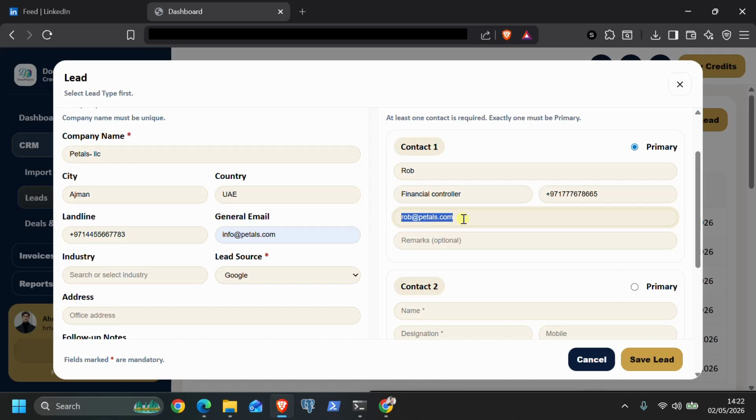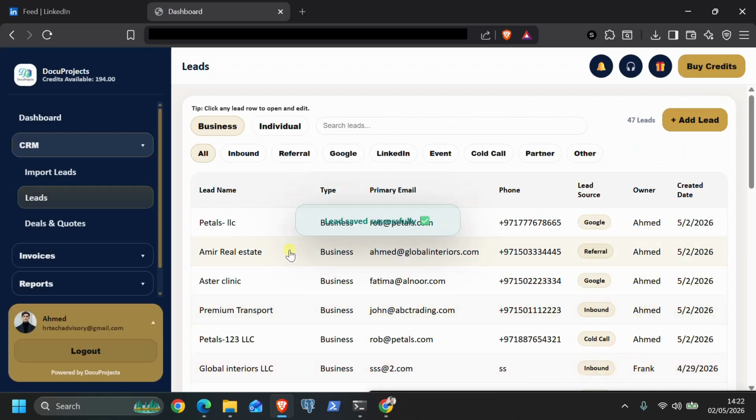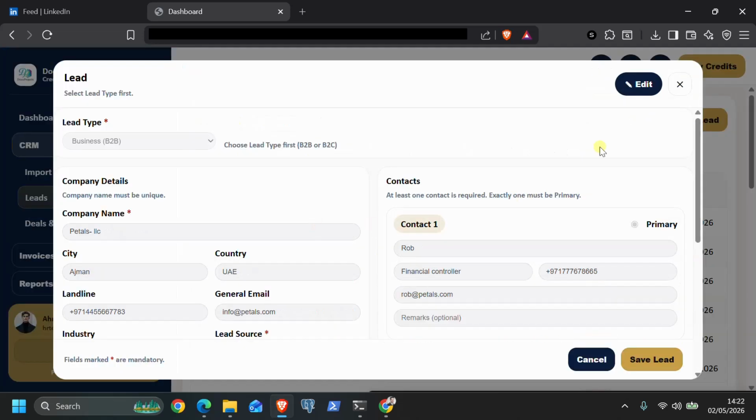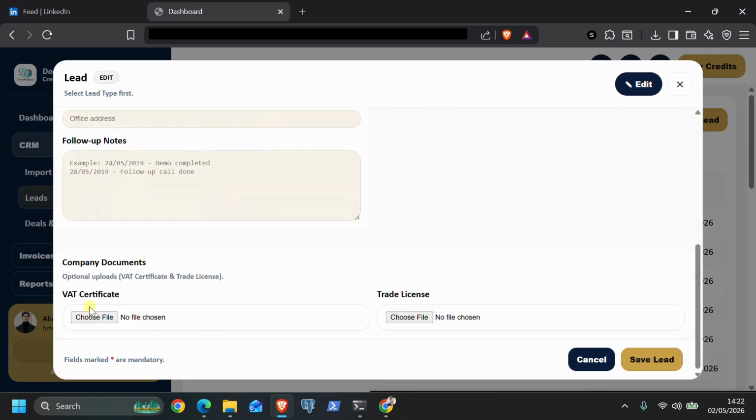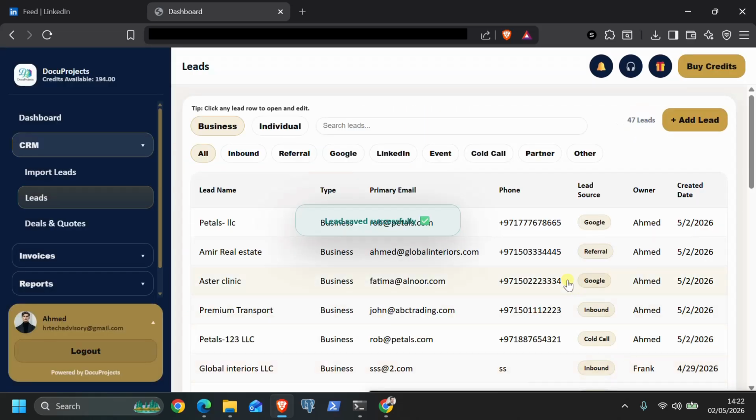Once you save the lead, it will be immediately available in the system. You can also attach supporting documents such as VAT certificate and trade license if required. At any time, you can return to the lead, click on the row, switch to edit mode, update the information,